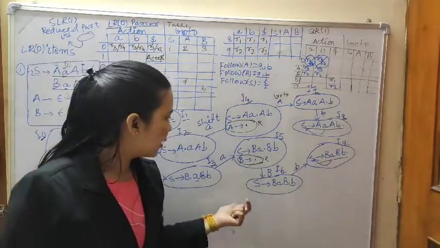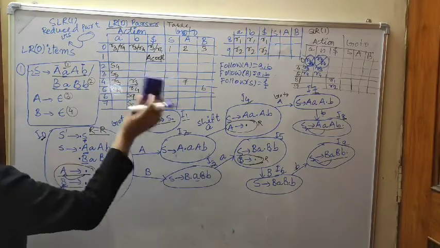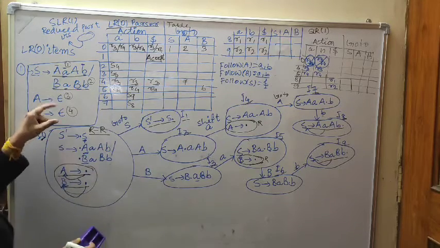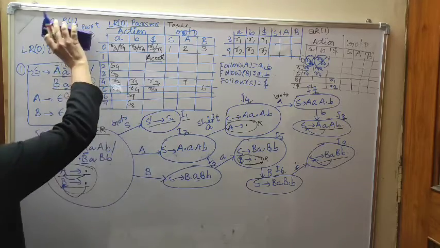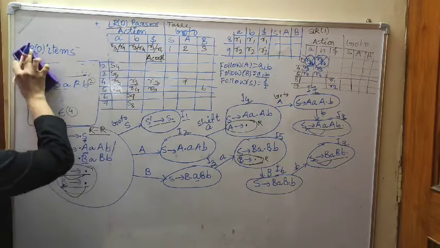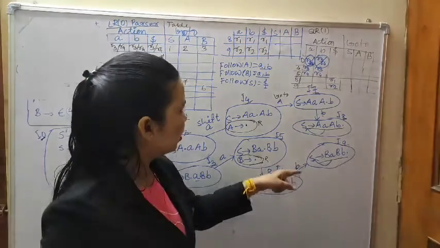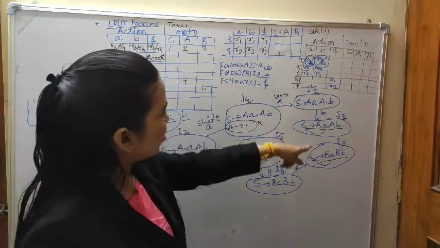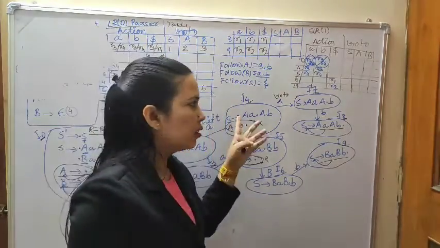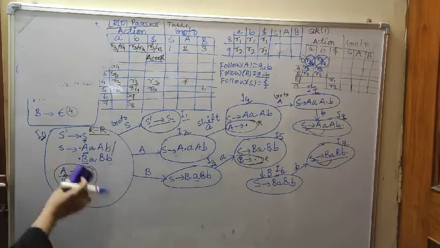Okay, and now I am going to LR1 items. In LR1 items, here we will be inserting the look ahead symbol. Same items, same grammar I am using. So remember, how many states are there? 9, no? Yes, nine states are there. Now you will check for the same grammar in LALR and CLR. In CLR1, how many states will come?